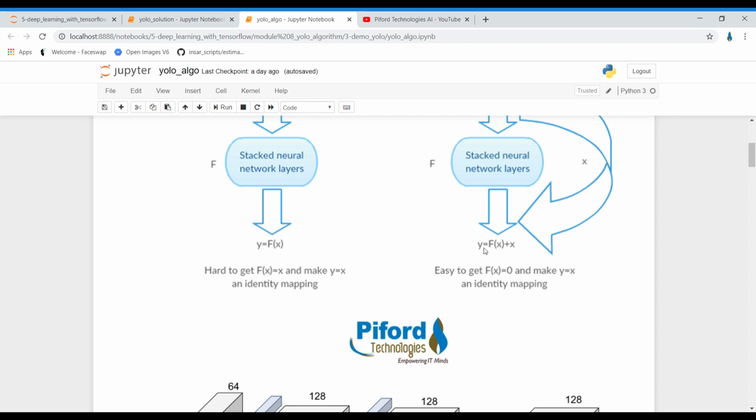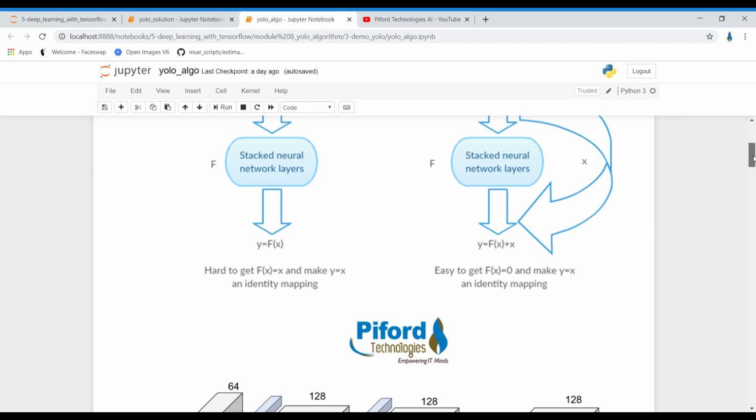Over here in ResNet, we want to make y equal to x, and for that we are adding x. X means the actual input at the start of the network. We add the actual x value to the function of x, and we try to make the function of x equal to 0 so that we can make y equal to x, right?